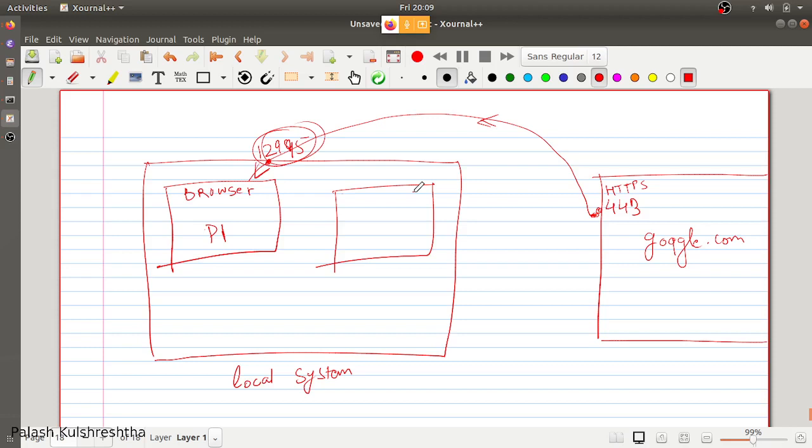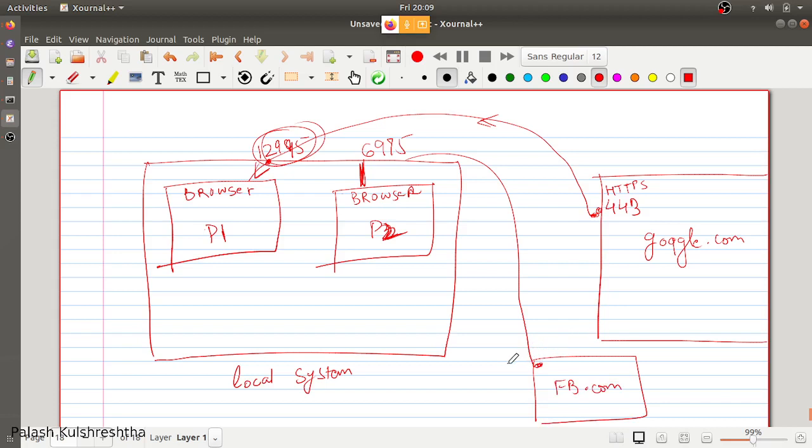Let's say in another tab we want to talk to facebook.com. That browser tab, with process ID P2, is going to request the local system to provide another temporary port. The local system is going to assign it another temporary port, let's take 6975, through which it is going to interact with the facebook.com server on a particular port.